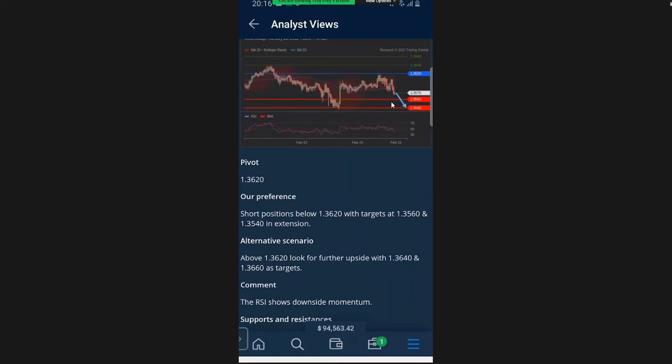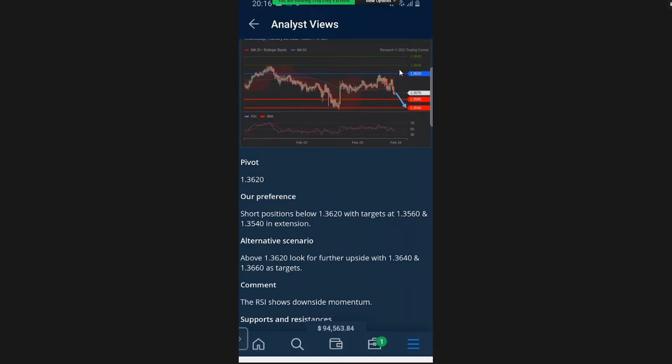And as you look at the technical analysis, you can see that they give you the preferred direction, short positions on GBP USD, gives you the target prices for take profits. It gives you the price at which if it goes in the wrong direction that the signal's no good. This is the bailout price. If the movement went above 36.20, they're saying, okay, then the sell position's no good. The preferred direction went bad. And then they say you think about maybe a buy position if it goes above this blue line. So the blue line is the line that says if it's below that, the sell preferred direction is still good.